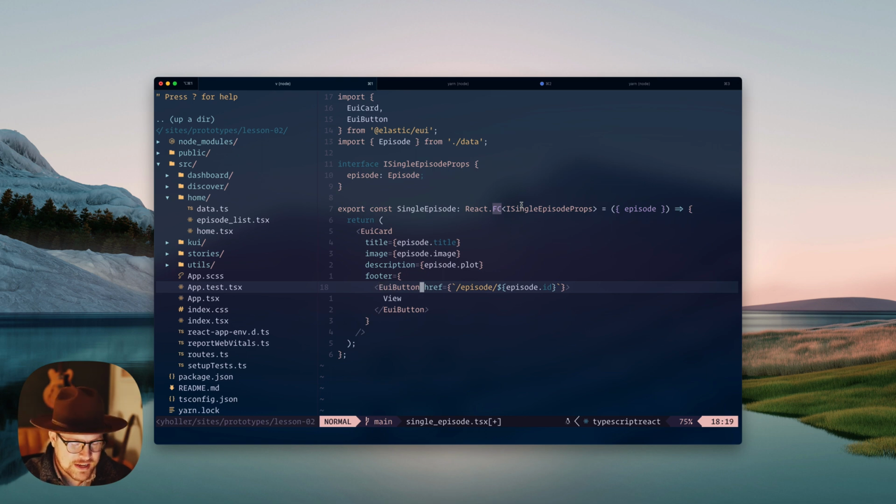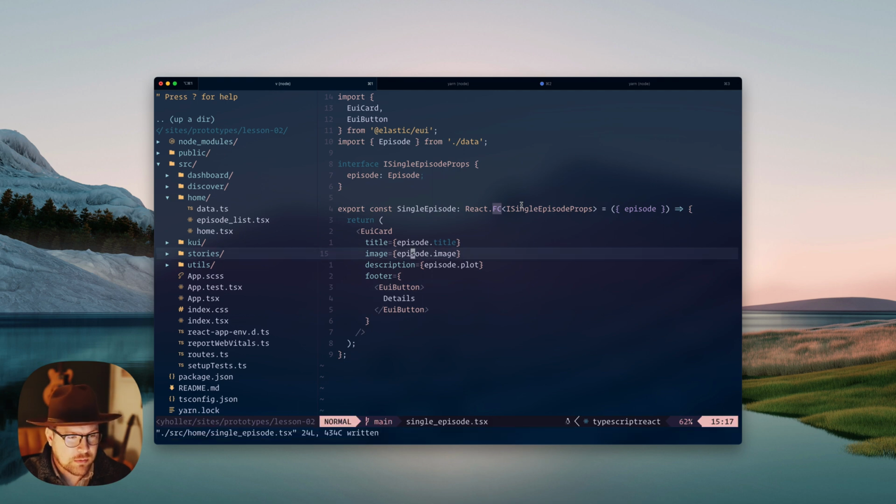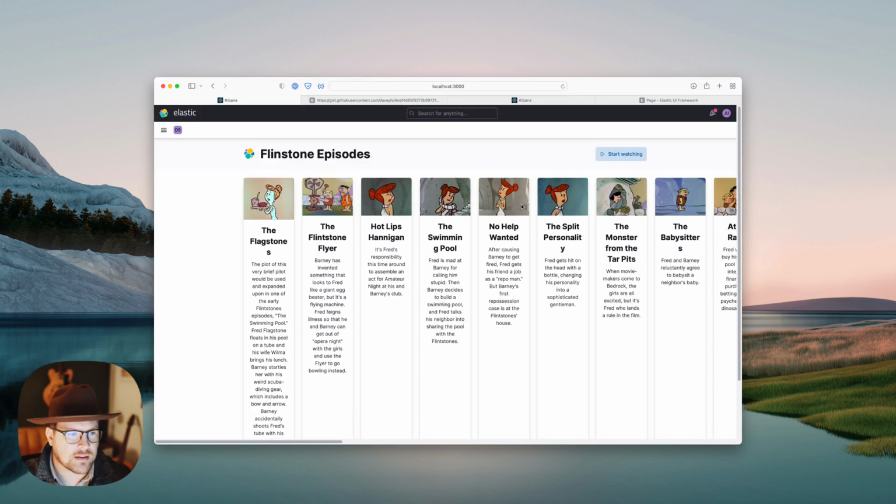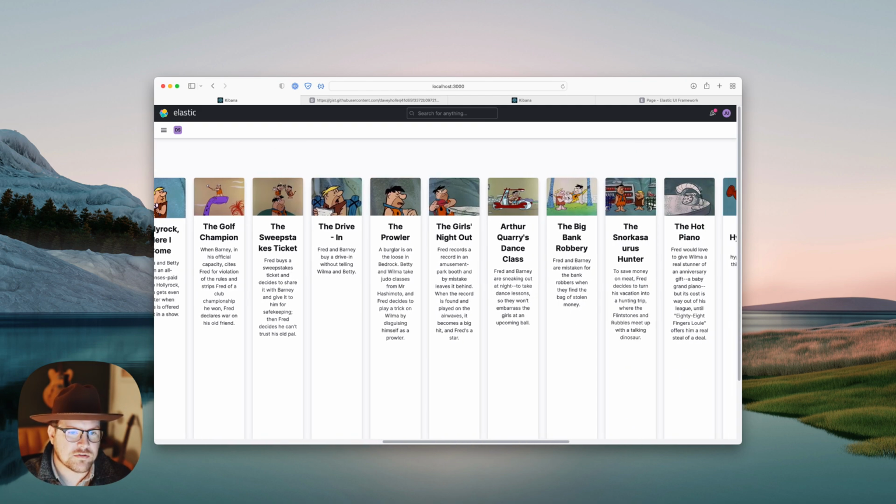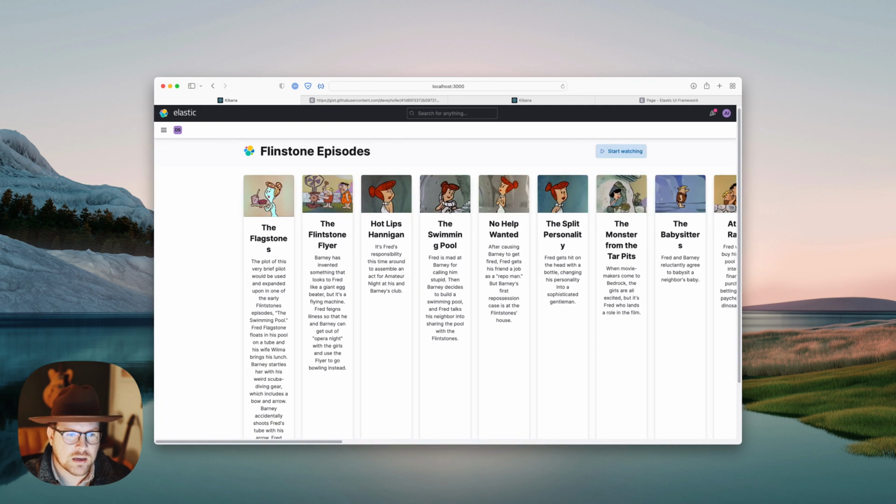But our button does not need an href on it, so we will get rid of that. And our button, we want to say details, I think. Well, now when we save this, we're going to have a much better looking thing. And there we go. Look at that. We have this massive single row of